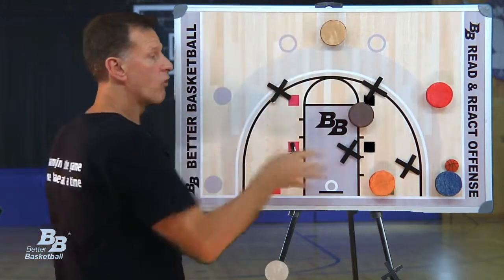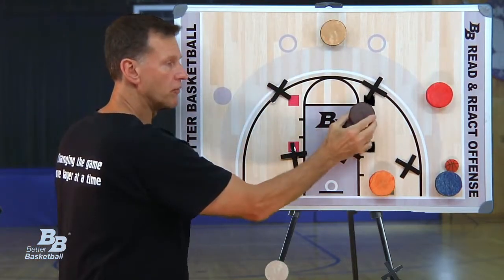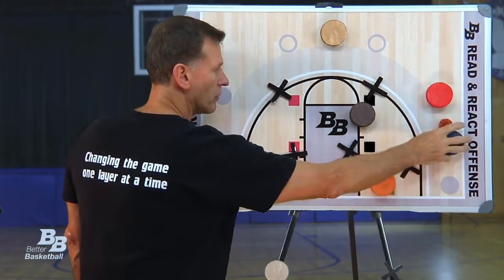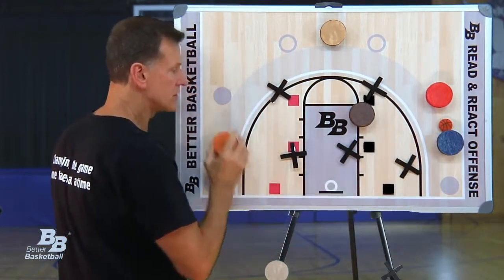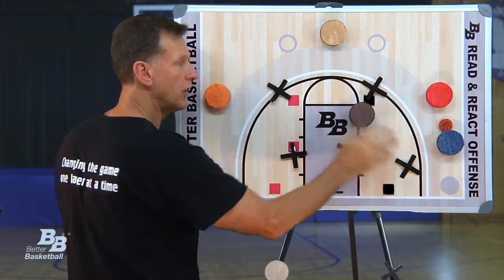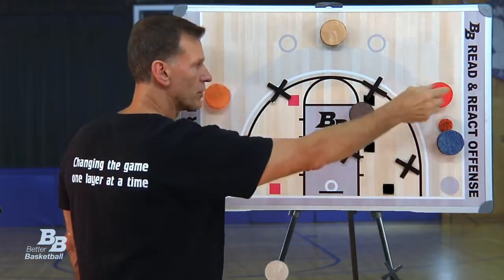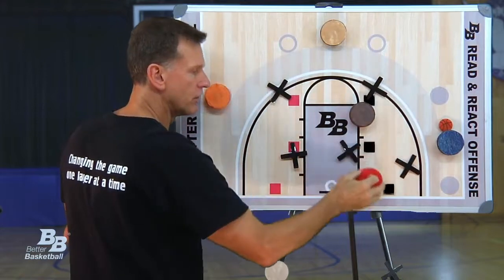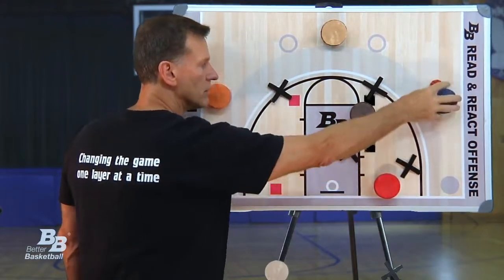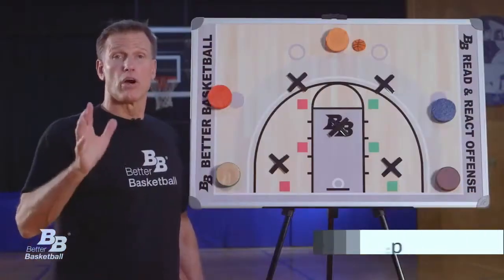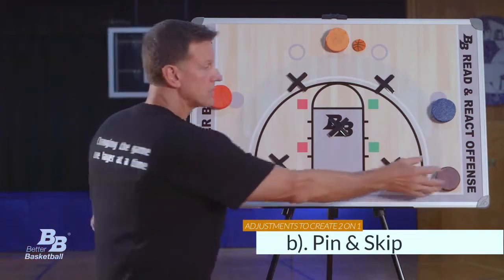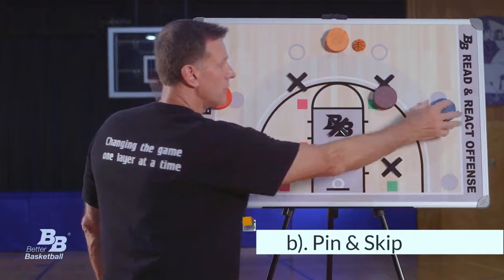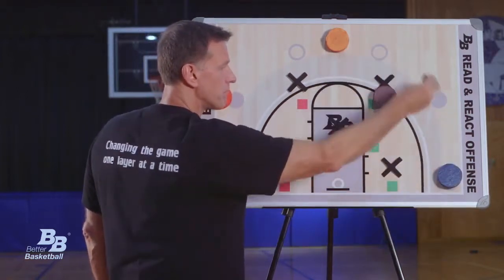One more situation. You're playing 4 out with a permanent nail. On the dribble up, the flank is the one that fills out when you have a permanent nail, and the cutter, this is a dribble at, this cutter goes to the flank. No problem. Regardless of what type of pin and skip has been executed, in this case, a baby pin and skip,